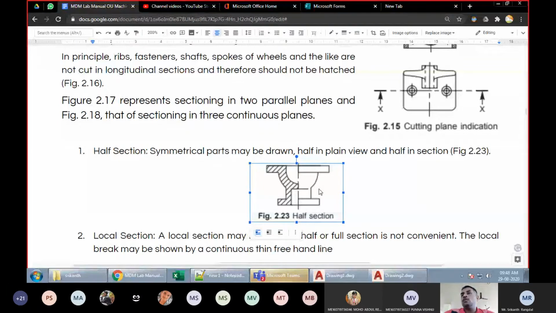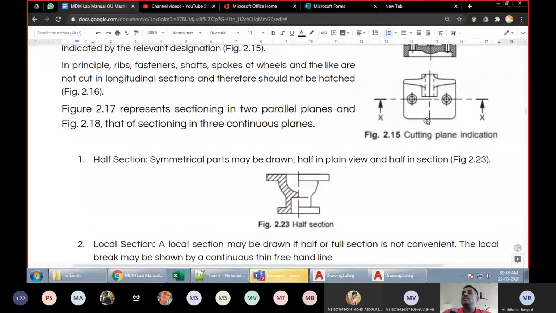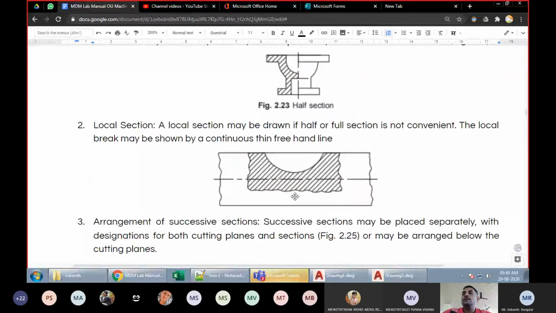Usually when an object is symmetric, and we want to show the external view, how it appears from the outside, as well as the internal view. In a small space, if you want to show both of these views without wasting space, we generally go for half sectional view. Right. So this is full sectional view here, and this one here is half sectional view.